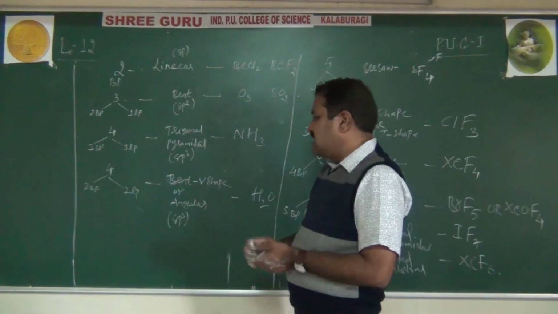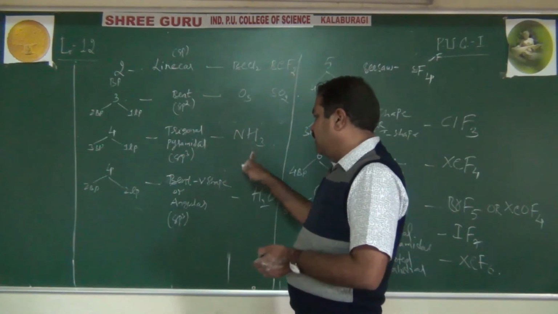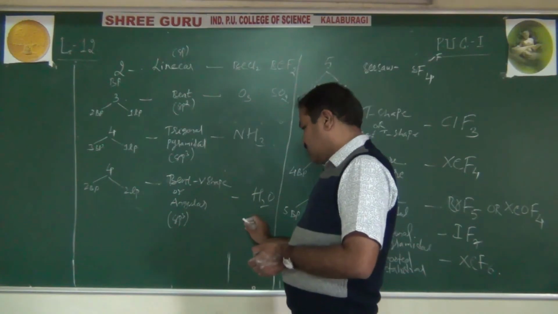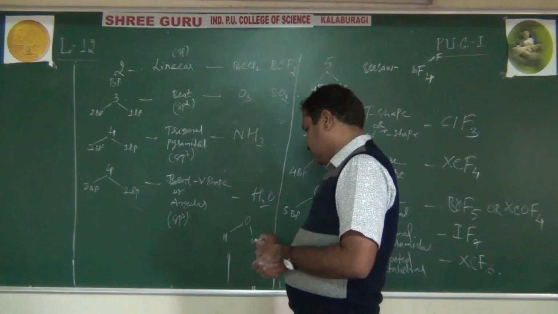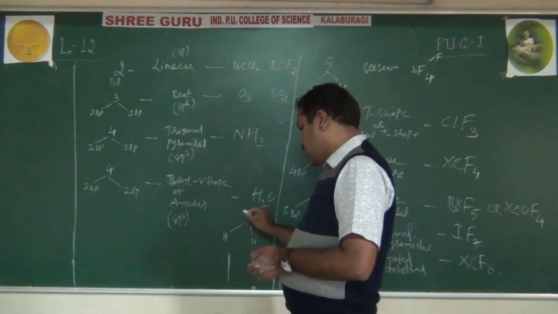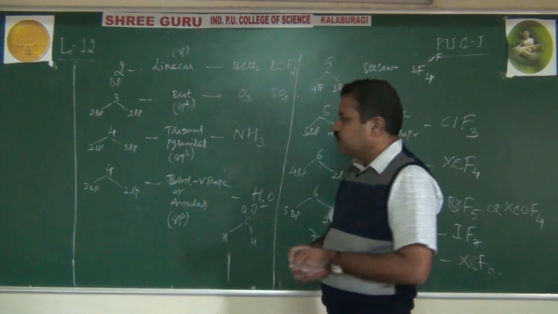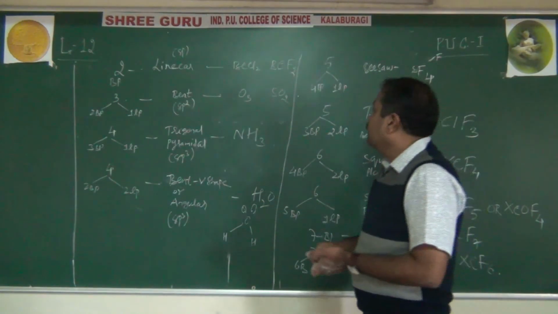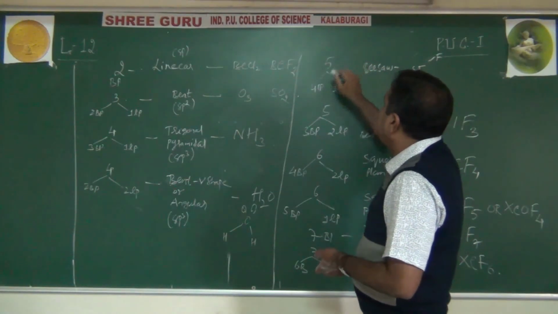Shape should be tetrahedral, but it is not. Here it is pyramidal, and here it is bent, V-shape. See, just as shown in this, 2 lone pairs. Got it? Or else like this. Got it? Simple. Now see, there are 5 sp3d